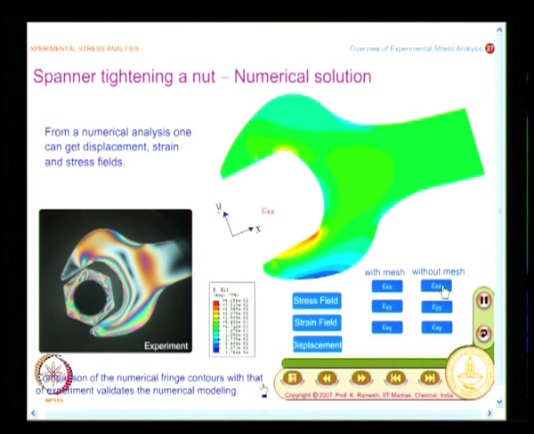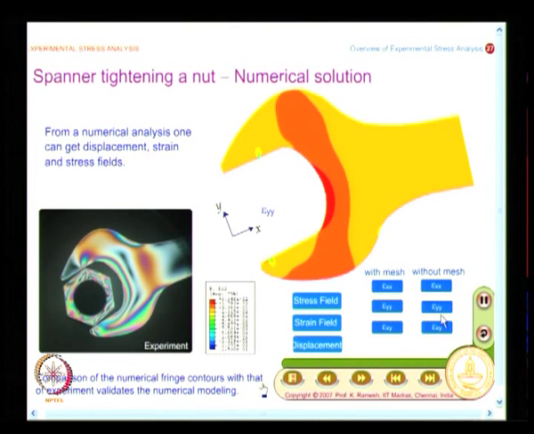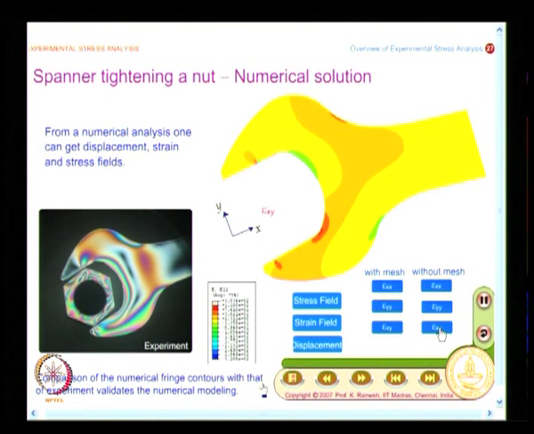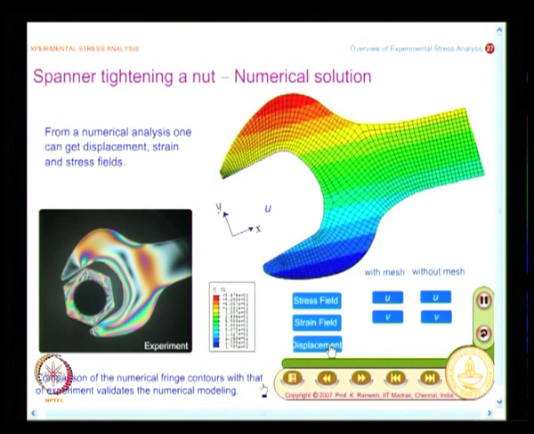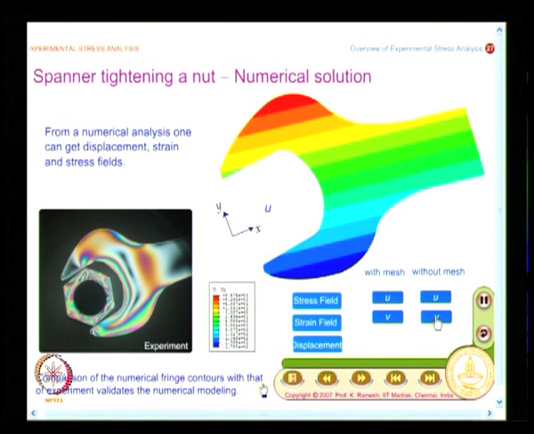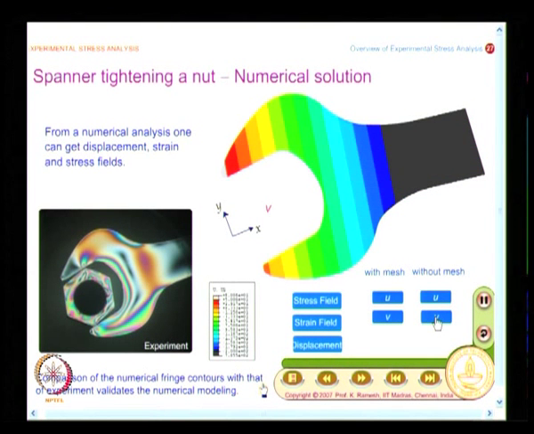This is epsilon xx. Similarly, I can get epsilon yy. I can also get shear strain epsilon xy here, and I can also go and see the displacement field, and this is what I get here. I have the u displacement, I also have the v displacement. So, what I find here is when I have a numerical approach, I could get all the quantities comfortably,